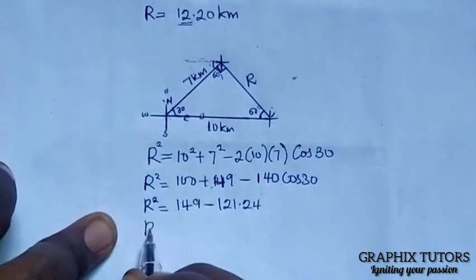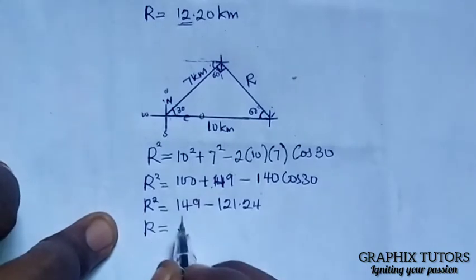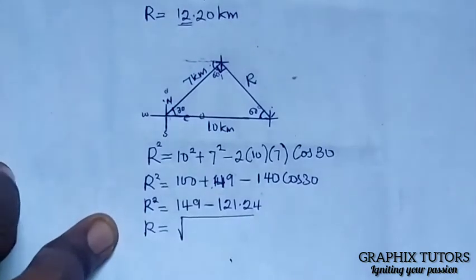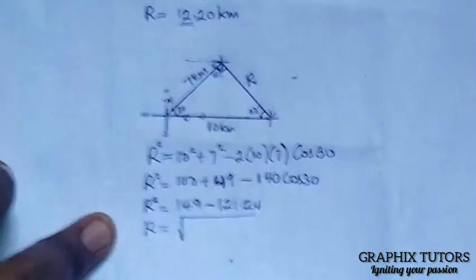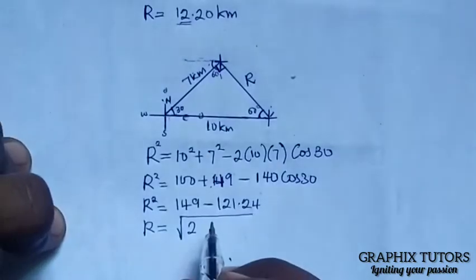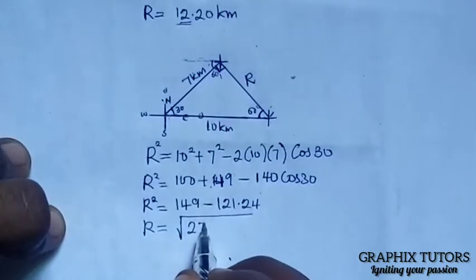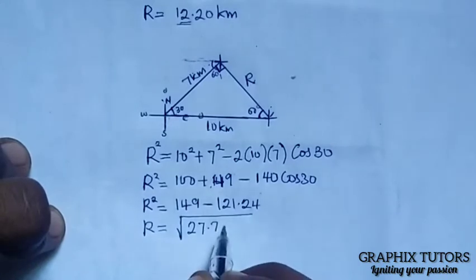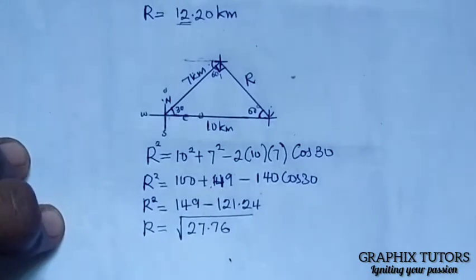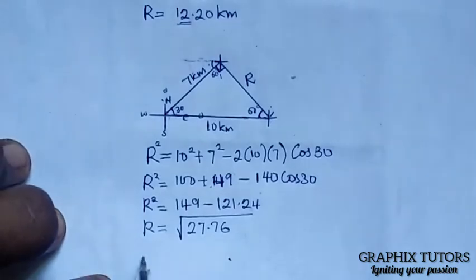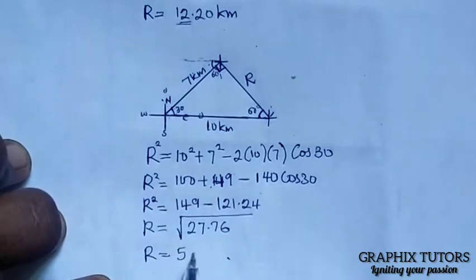So my R now will give me the square root of 27.76. So if you look for the square root of 27.76, we're having 5.2. The R will give me 5.2